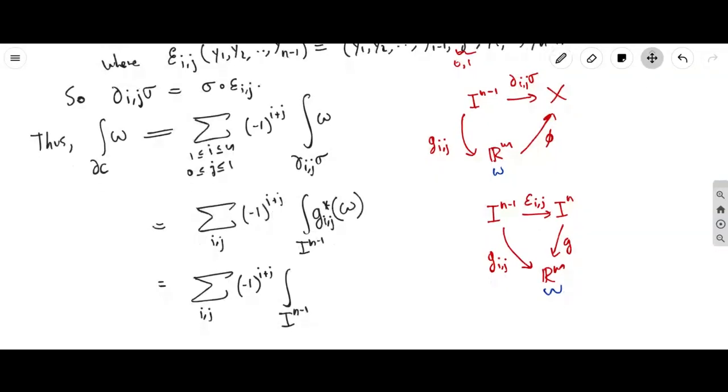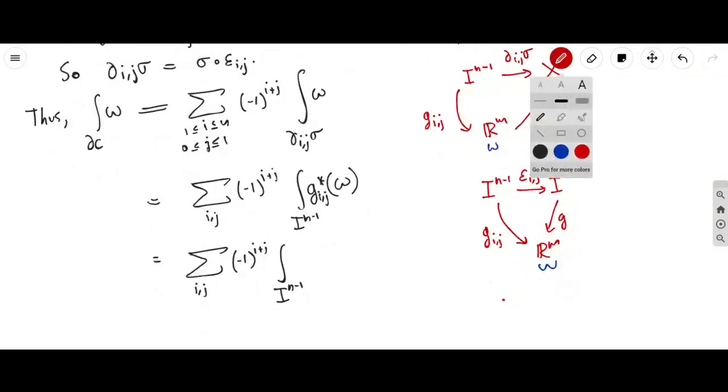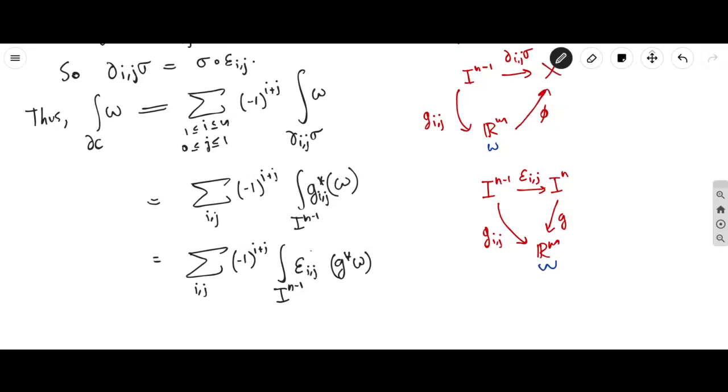And now you're using the fact over here that if you have omega and you pull it back like this, because pullback is sort of like a contravariant functor, pulling back omega this way is the same thing as pulling it back like that first. So you would write that, and then you pull it back one more time using these evaluation maps like that. And then when you integrate that,